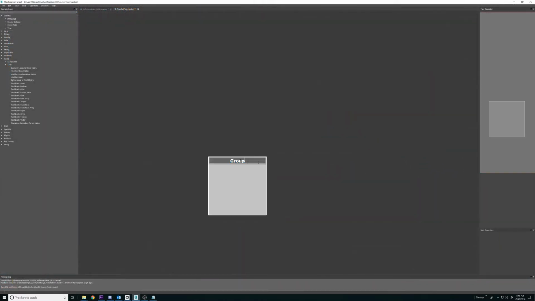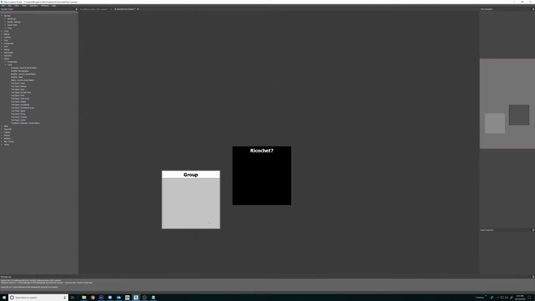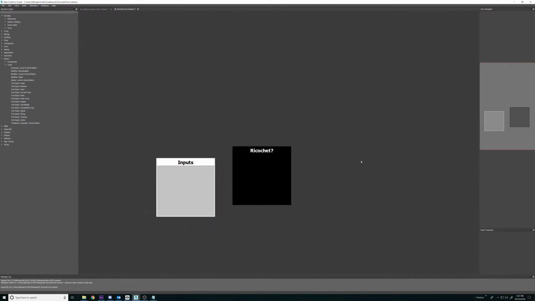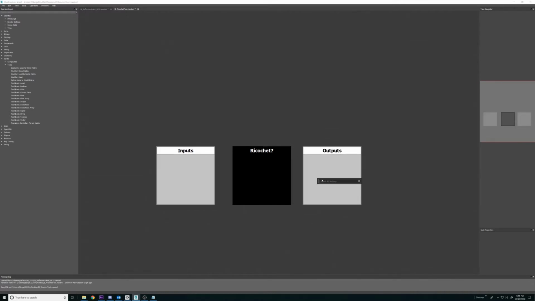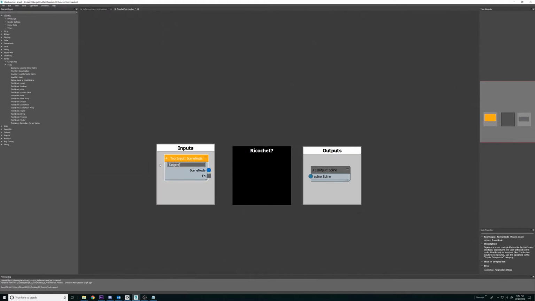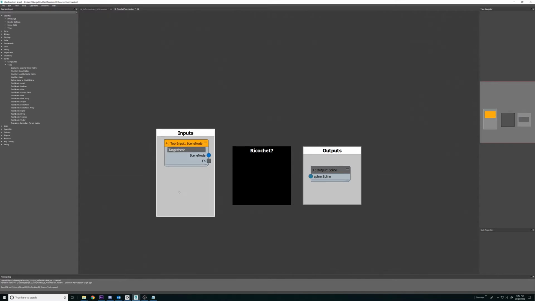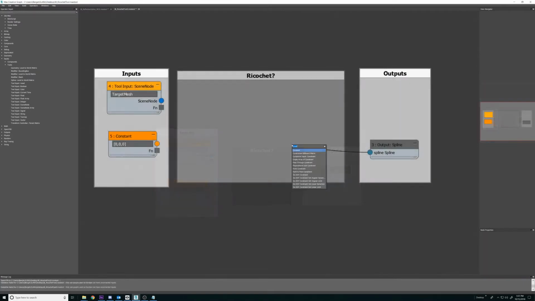Alright, let's dive right into building this graph. I like to start from the outside and work my way in. The center is a black box, an unknown function, but I have a hunch as to what needs to go at the very beginning and at the very end. The output is easy. I know I want a curve. Input is a little trickier. My best guess is that I'll need an object to ricochet against and a point to shoot my ray from. There's probably more I'm not thinking of at this stage, but that's okay. As we build in the center of the graph, those extra inputs will become readily apparent.